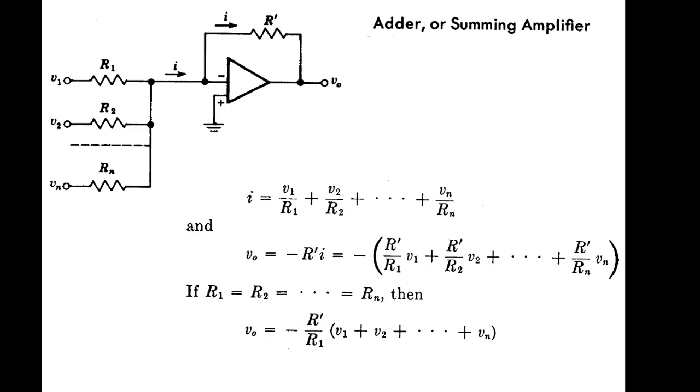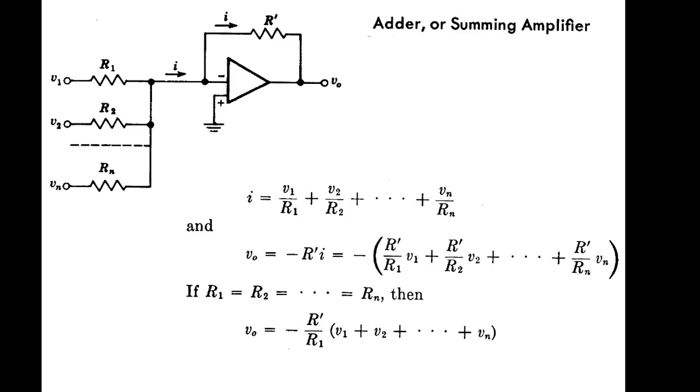Now the output of an operational amplifier is taken from that of the feedback resistance, which here is R dash. So the voltage drop across this resistance R dash is I R dash, and I we have calculated this one, so then we can write V output is equal to minus I R dash, and using the value of I